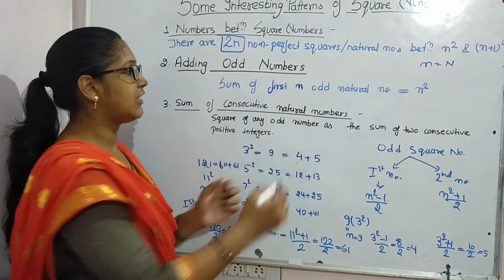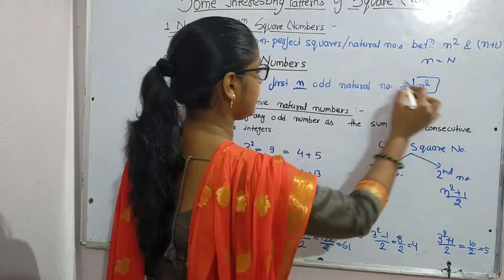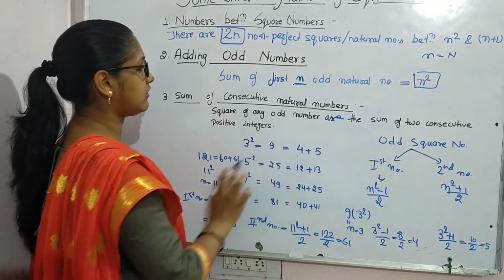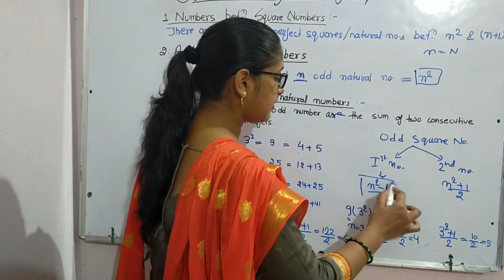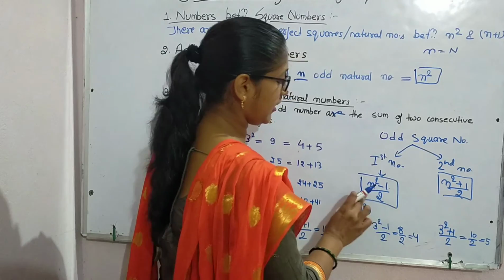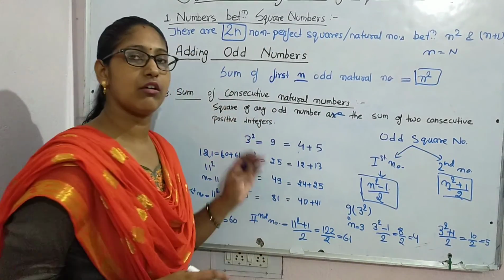So the sum of the first n odd natural numbers is n square, and third is the square of any odd number is the sum of two consecutive positive numbers. Our first number is (n square minus 1) by 2, and second is (n square plus 1) by 2. Now with the help of this video,